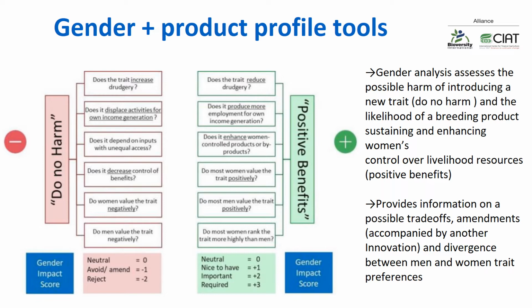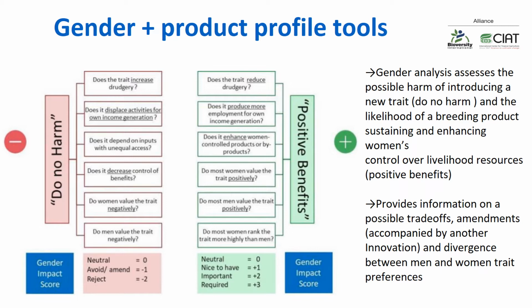Now when we come to the Gender Plus Product Profile Tool, this is really where it's a lot more interesting for us. So a discussion happened between me and the breeders in Kenya, and we said, wow, this tool is really good. It pulls out information on do no harm and positive benefits. So do no harm basically means that if there's a trait that would come, for example, that would harm women,